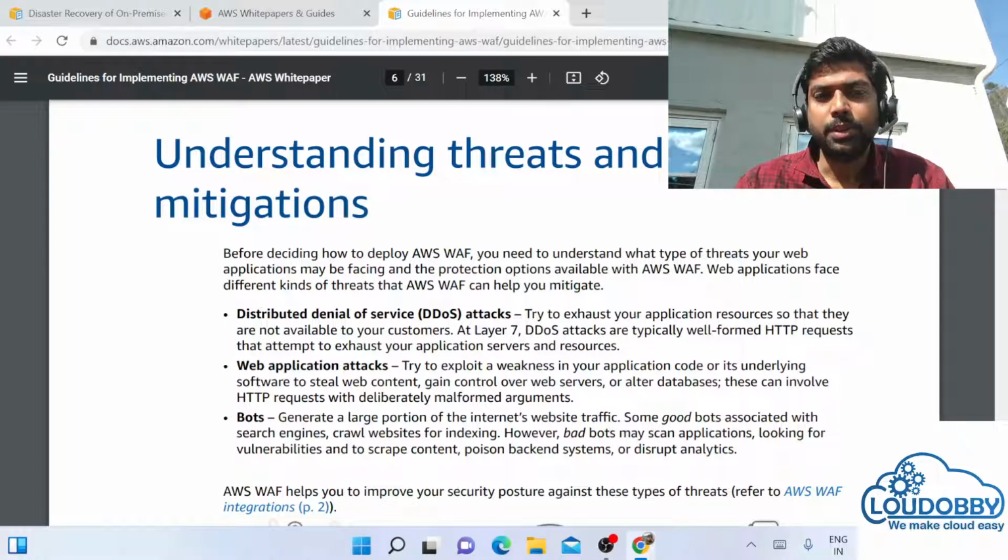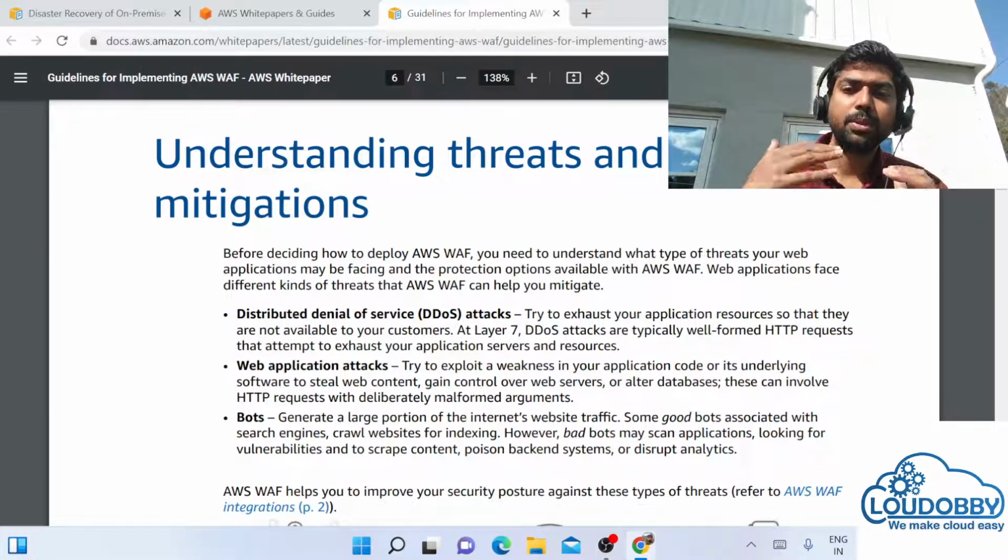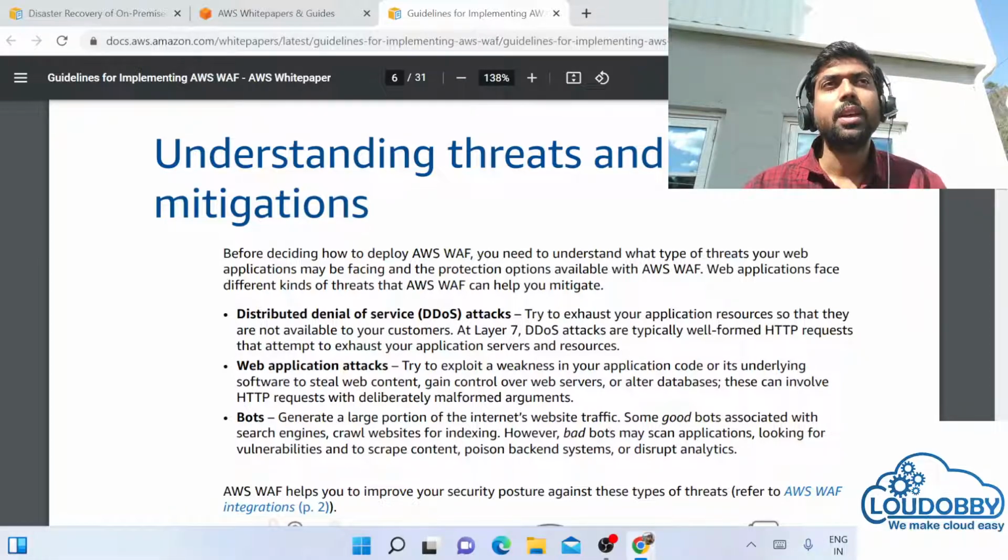Someone is trying to access your website. For example, I make a script and try to hit your website continuously, and it gets requests, a lot of requests, thousands. It makes your website slow. The performance of your website will go down because someone has written a load script or something, right?